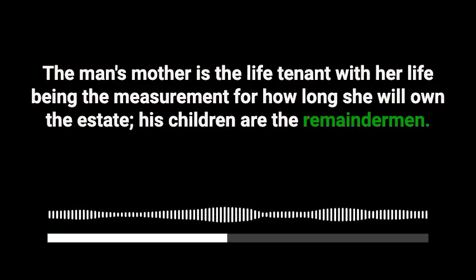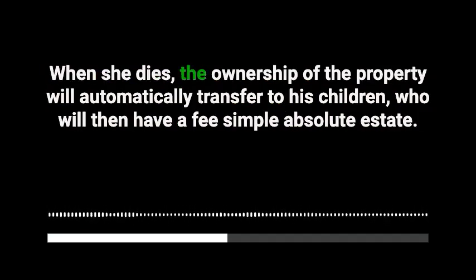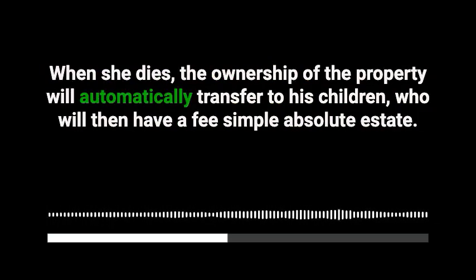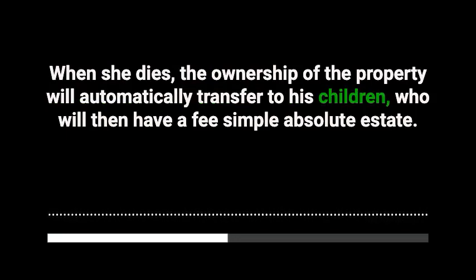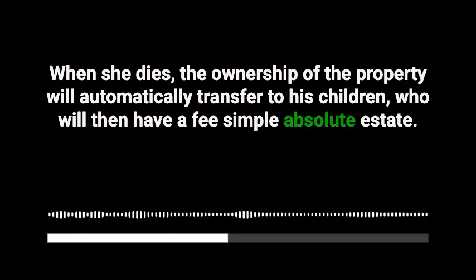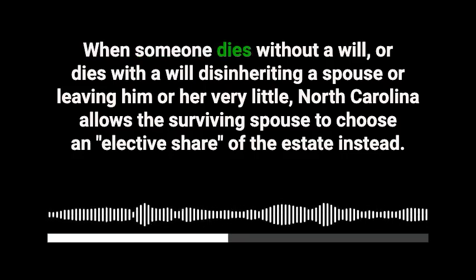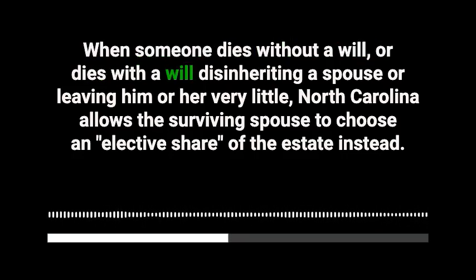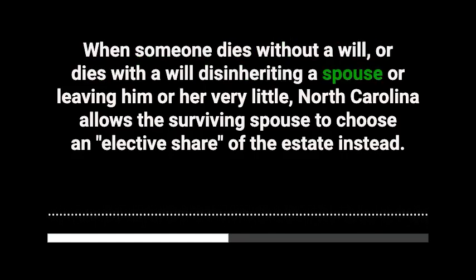His children are the remaindermen. When she dies, the ownership of the property will automatically transfer to his children, who will then have a fee simple absolute estate. When someone dies without a will, or dies with a will disinheriting a spouse, or leaving him or her very little,